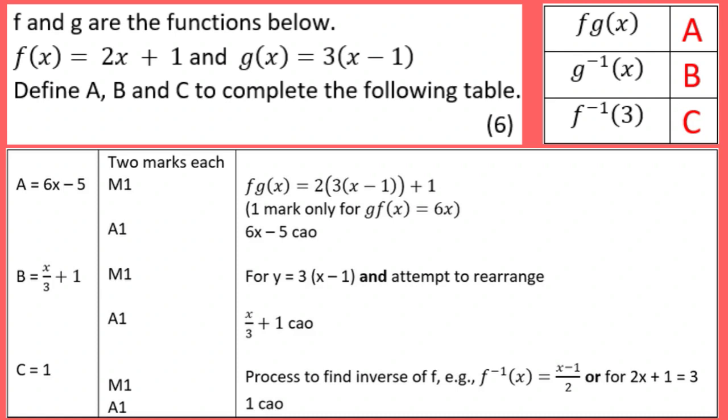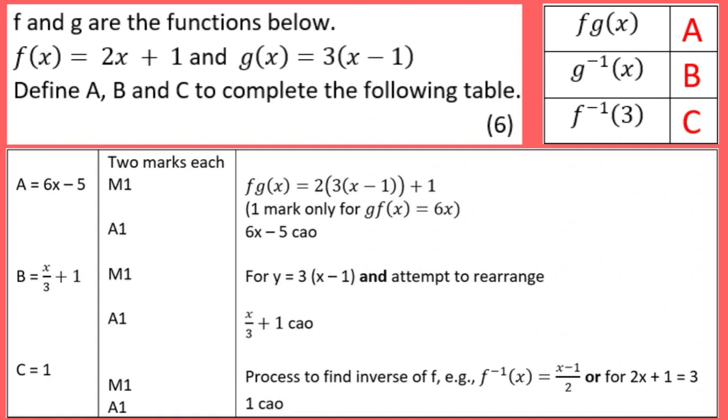Firstly, fg of x means first do g of x, then do f of x. f of x tells us to multiply x by 2 and then add 1. So to do fg of x, we need to multiply 3 times (x minus 1) all by 2 and then separately add 1. If we expand this and simplify, we get that fg of x is equal to 6x minus 5